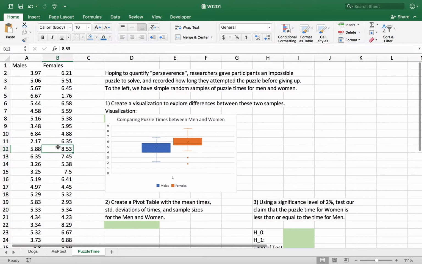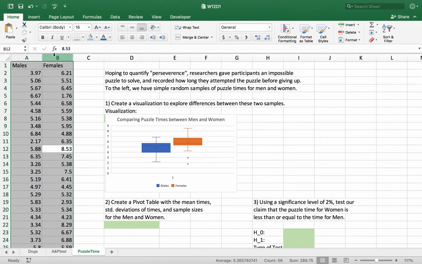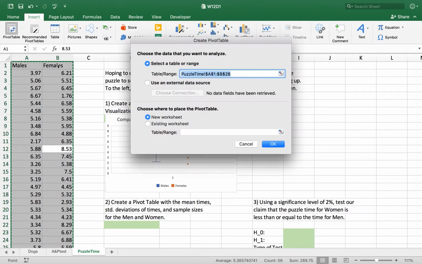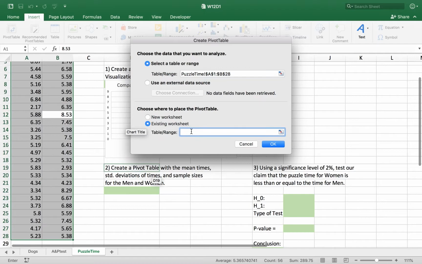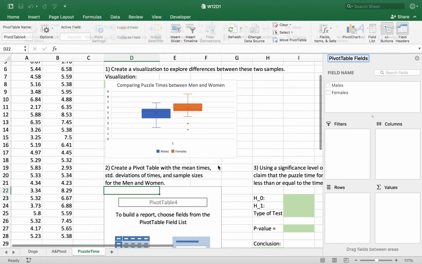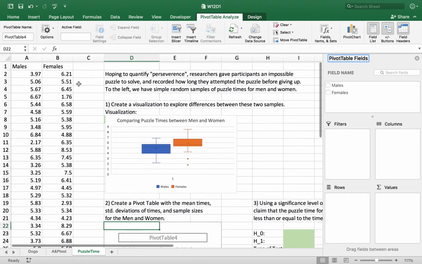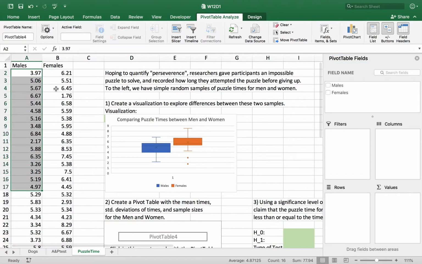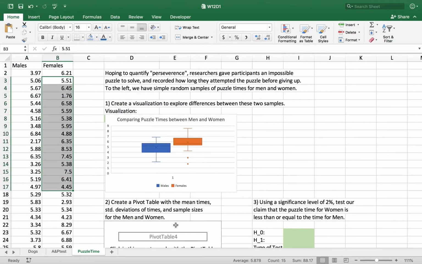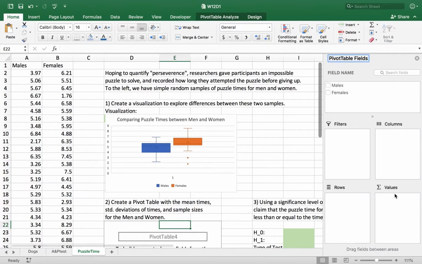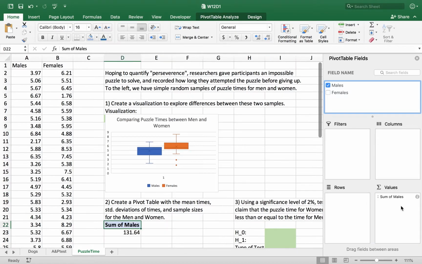All right, so the start of this process is always the same. We highlight our data, we do insert pivot table. Oops, go down one. Once we have our pivot table, I take a look at the actual variables. I have males and females. And looking at what kind of data is recorded in each one of those variables, I can see that I'm dealing with quantitative variables for both. So I know that quantitative variables pretty much only go into the values